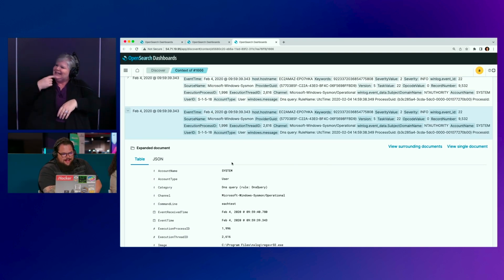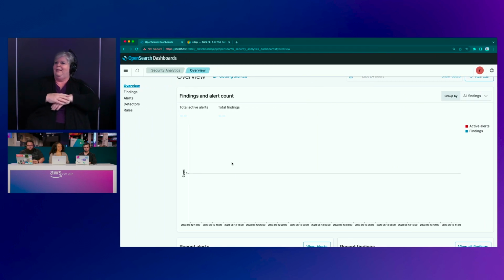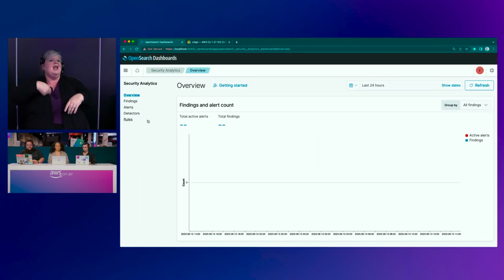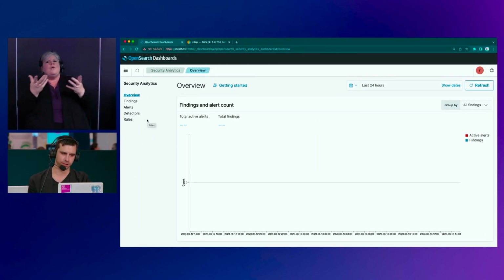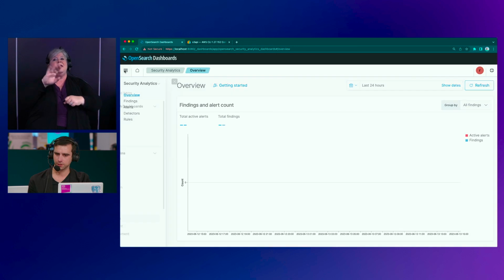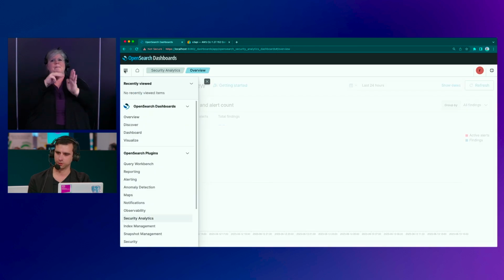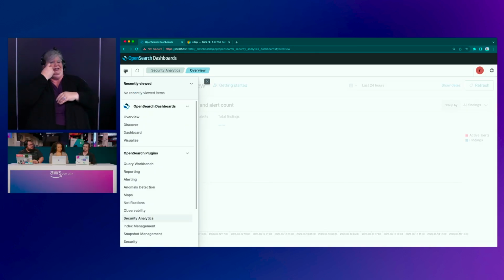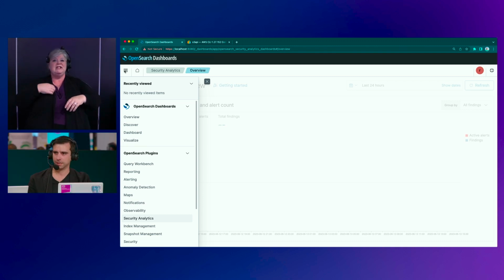Absolutely. So I can jump into a little more detail on what setting up OpenSearch looks like. Yeah, let's go ahead and do that. The security module, and this is the security analytics module. This is a new module that OpenSearch recently released. I was going to say a little less than a month ago, if I recall. Yep. And out of the box, it's available on both the community-driven OpenSearch and our managed OpenSearch offering.